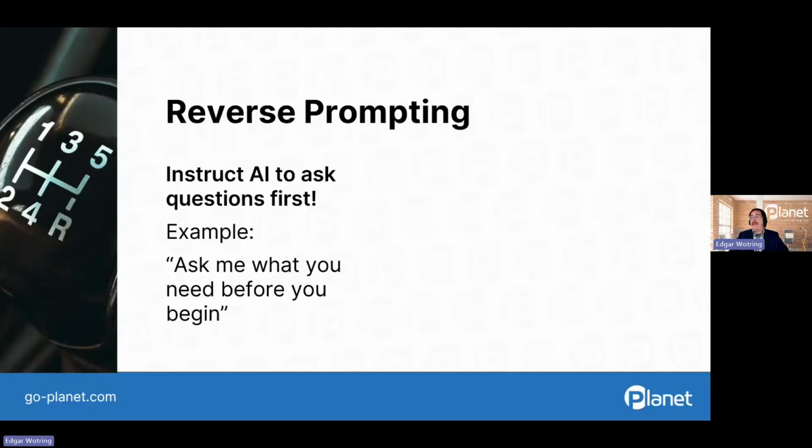Another approach that we could take is reverse prompting. Reverse prompting fixes one of AI's, what could be, biggest challenges. It doesn't naturally ask clarifying questions. The AI is designed to be helpful. So instead of stopping to sort of ask for what it could consider information, if I can say it that way, it's just going to try to sort of fill in those gaps and then provide that output.